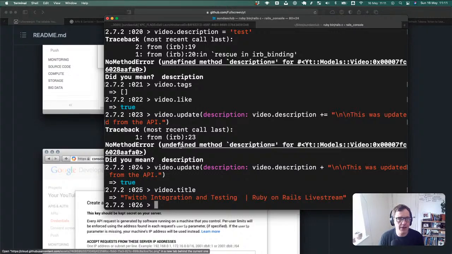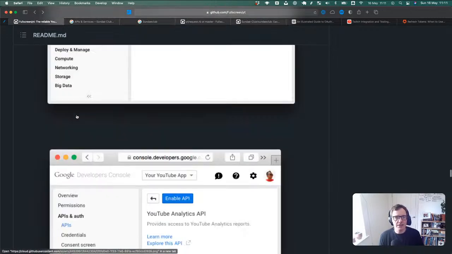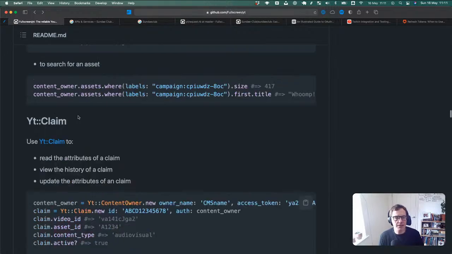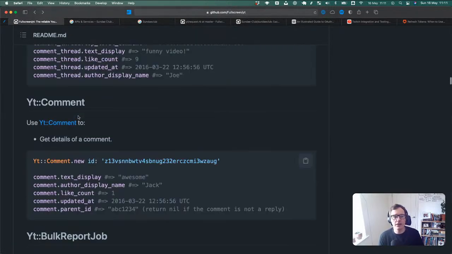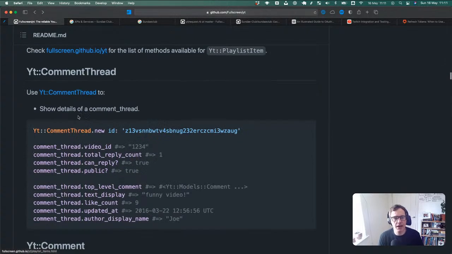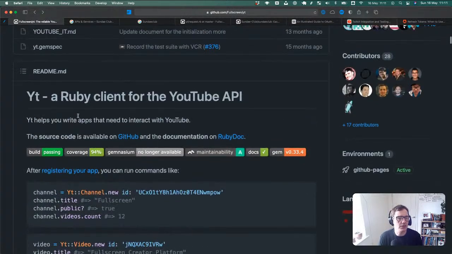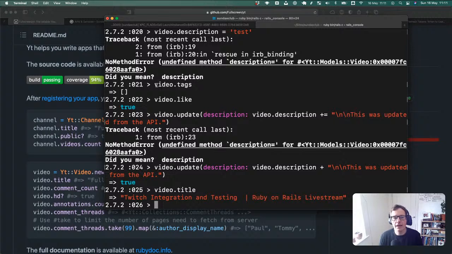And then what the gem is allowing us to do is saying, right, well, when you then need to make one of those changes, we have this model called an account, and you pass that code to the account model, and the gem will take care of everything from that point forward, which is really great. So then when we're in the console, we're able to do whatever we want as that account. So we can just go and like things, and we can update the title and things like that.